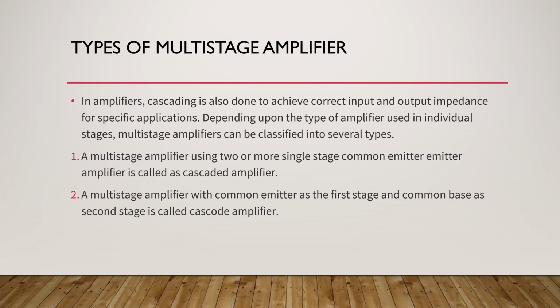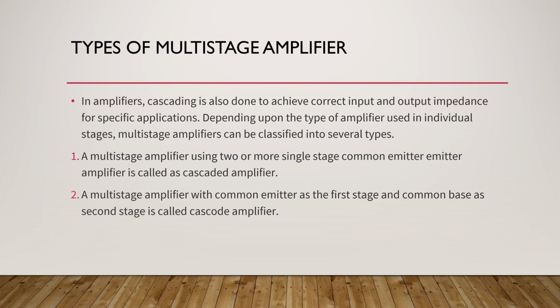the first stage amplifier is the common emitter configuration, where the second stage will be the common base configuration. In these amplifiers, it only consists of two stages, and the first stage is a common emitter and the second stage is a common base configuration. These types of amplifiers are used in RF amplifiers. They are mostly preferred in RF amplifiers where the frequency of operation is very, very large.